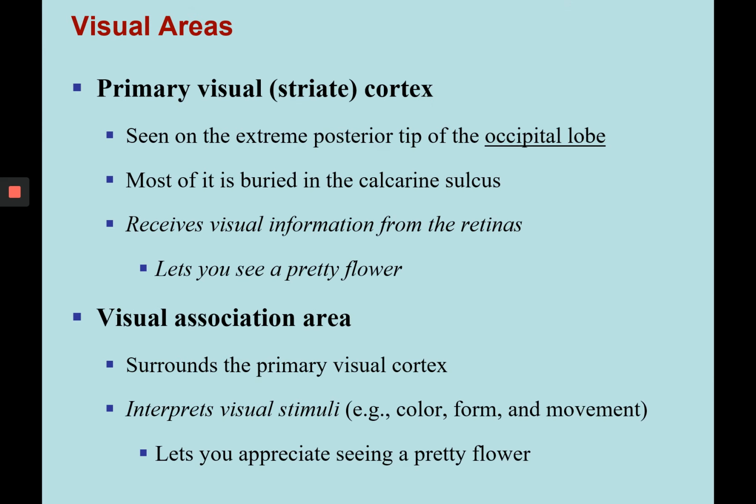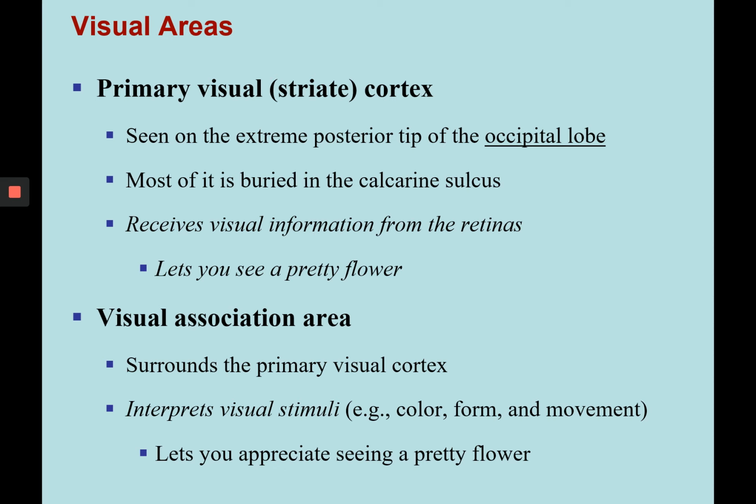So next, let's look at our visual areas. There are primary visual cortices and a visual association area. So the primary visual cortex is going to take information like you saw a pretty flower, maybe there's a dog running around, or you see a bird in a tree. It's going to take that information and allow you to recognize what you're seeing, appreciate what you're seeing. Maybe the flower is pretty, but you only know it's pretty after you send the information to the visual association